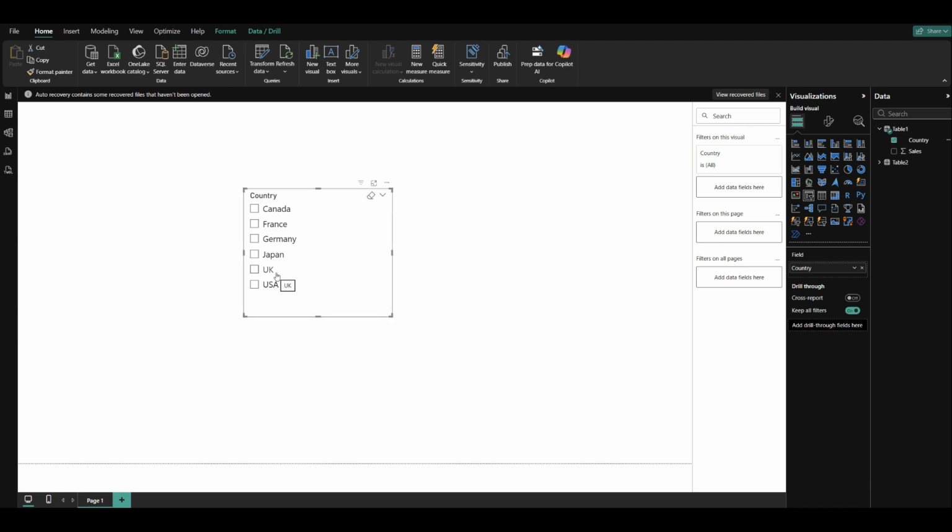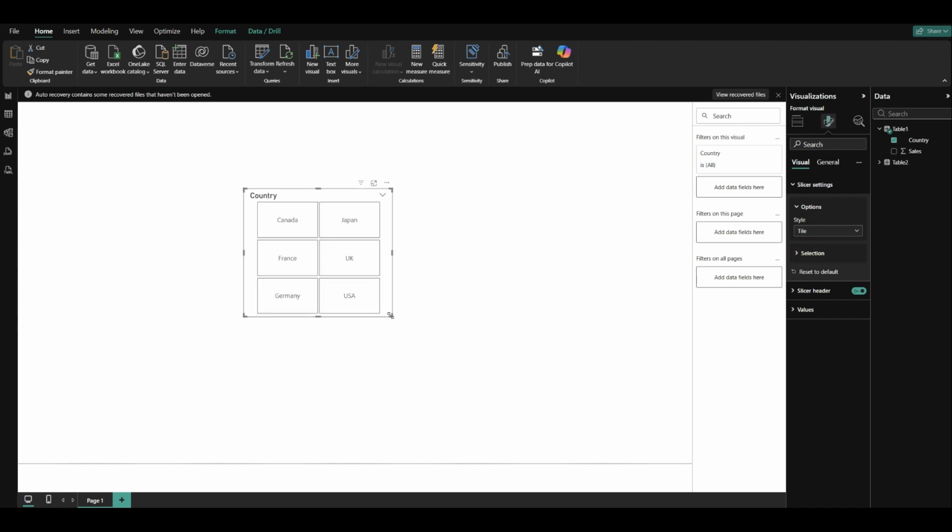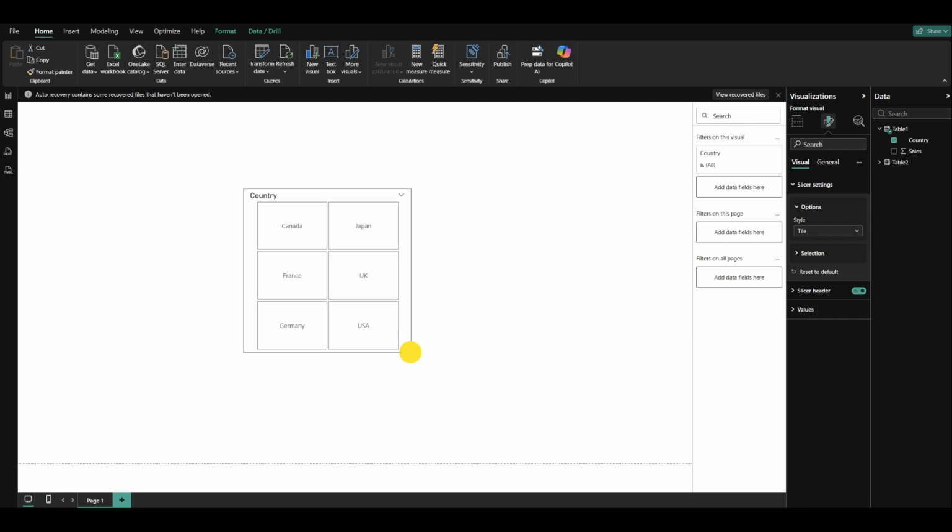Now the important setting that we set, we select this one, go here, format, and the slicer settings style, there's a tile setting. So then you can get the buttons for selecting the countries or the values in the slicer. So this is